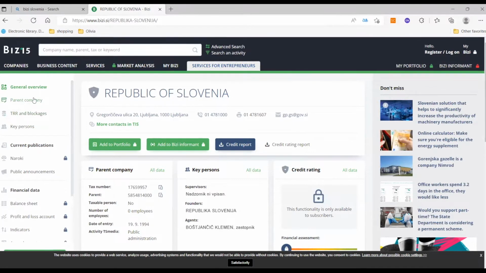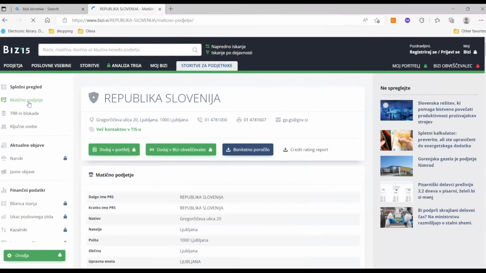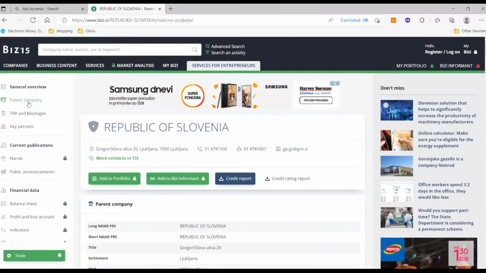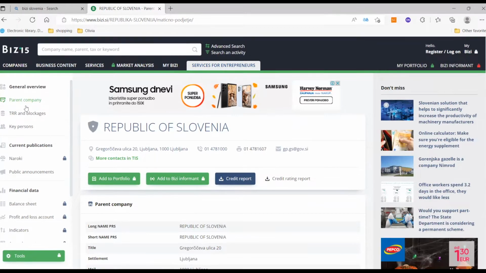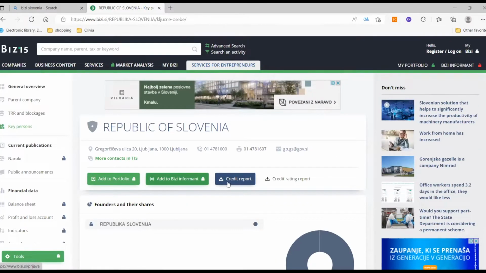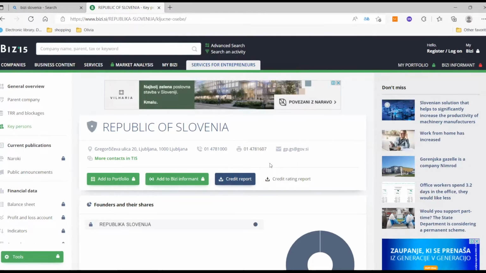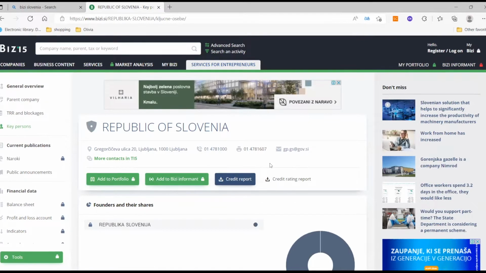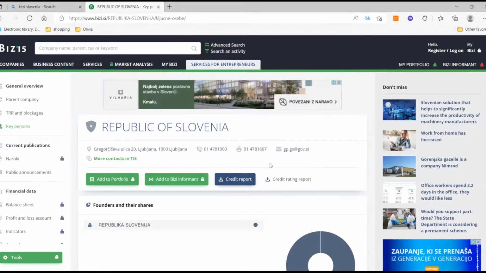So we can see here the parent company, whether this company is already purchased by foreign companies, or is a subsidiary, or whether this company has its own subsidiary. Then key persons. With the key persons you can already contact the person or the company. You just write them an email or call them, say we are working on a project at the course International Business Environment, and we are interested in their company. You can ask them whether they have any preferences for a new market, because we're going to do this market